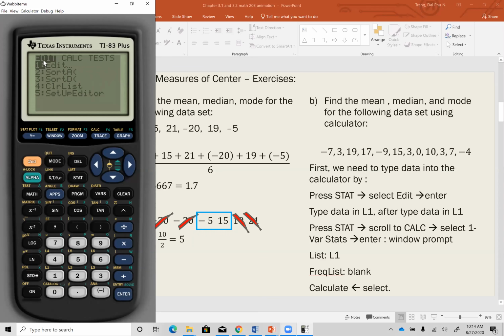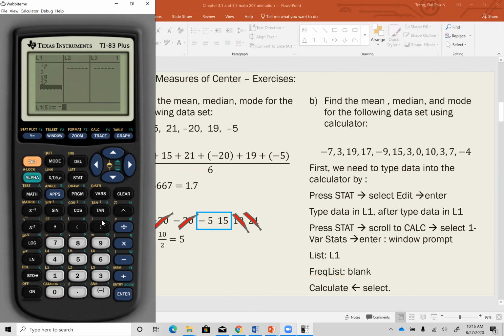But for now, before we can tell it to calculate, we need to edit. So you choose edit and hit enter. This is your L1, L2, L3. Make sure you have L1, L2, L3. Once you're in edit mode, all you need to do is type in your data: -7. Make sure you use the negative sign. So -7, 3, 19, 17,